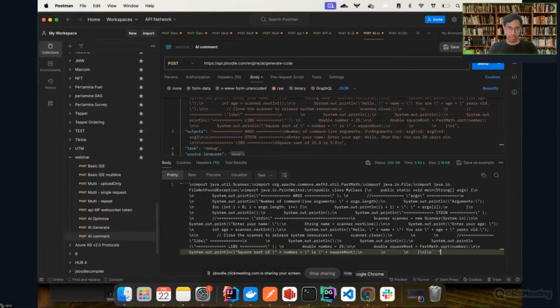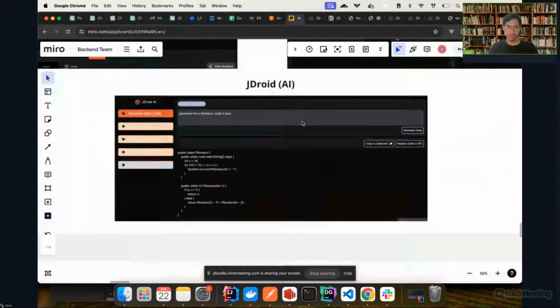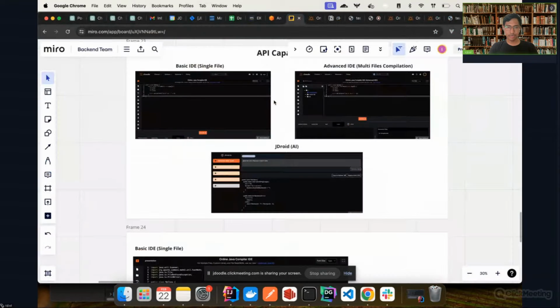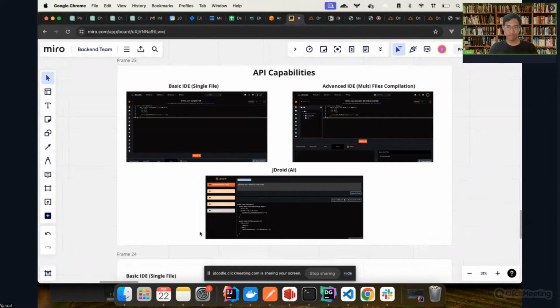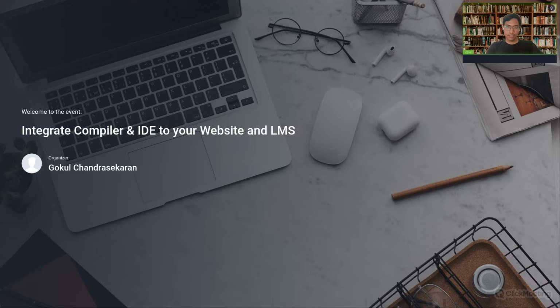Okay, I think it's pretty much it. So in our API compilers, we have these three capabilities that you can import to your website and use, in full control of yours. Yep, I think that's it from me. So now I'll give it back to Gokul